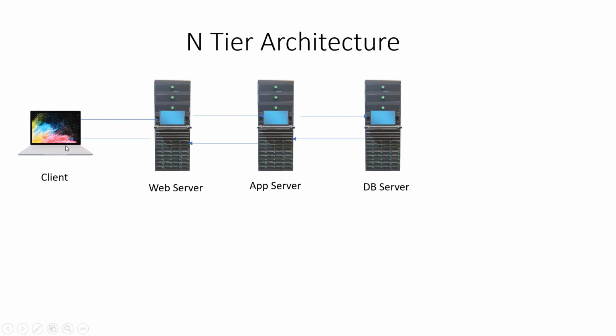From the client, the request will go to the web server, and then it forwards the request to the application server, where the actual code resides. For example, if my application is the HDFC Bank application, I'll have so many app servers where my actual code, the backend server-side code, will reside. All the data related to this application will reside in the database server. And what will the web server do? It will just build the site for us. It will build the HTTP content for us.